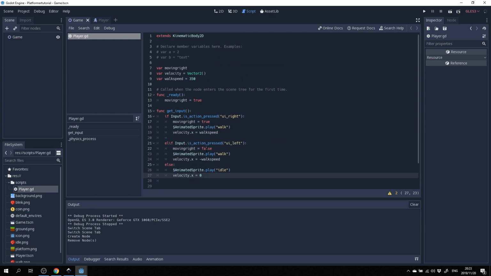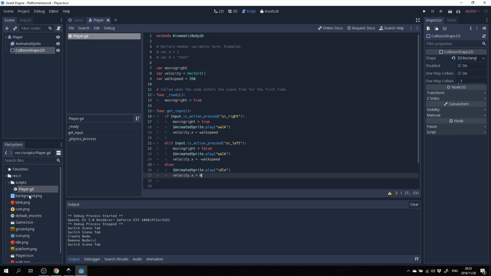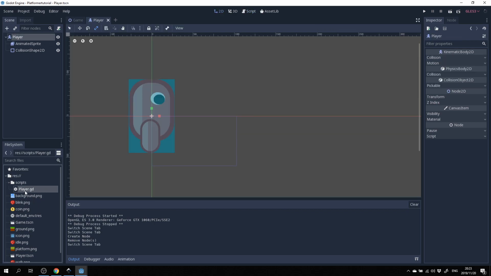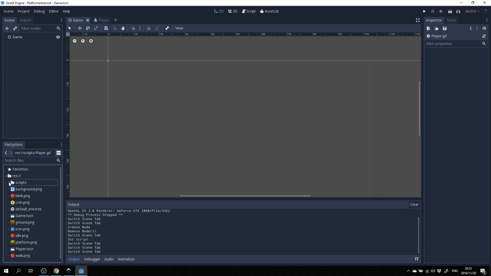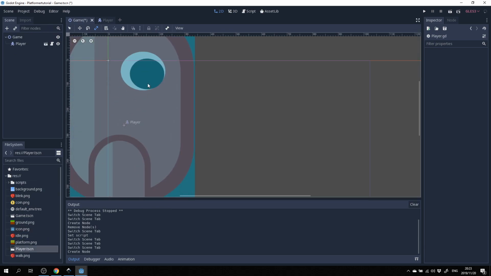Right. So the next thing we want to do here is to flip our player. I'm just going to show you why this is an issue. Let's first go back to our player and attach our script to our player. So head over to player over here, and you'll first have to click on script over here and you'll see it's empty, and then you can drag your player GD in there and that will attach your script to your player. We don't have a player in our game scene, so we're going to have to bring our player into the game scene. So let's just drop that in there.